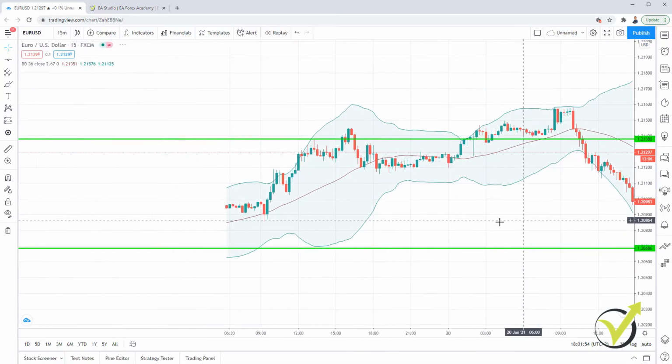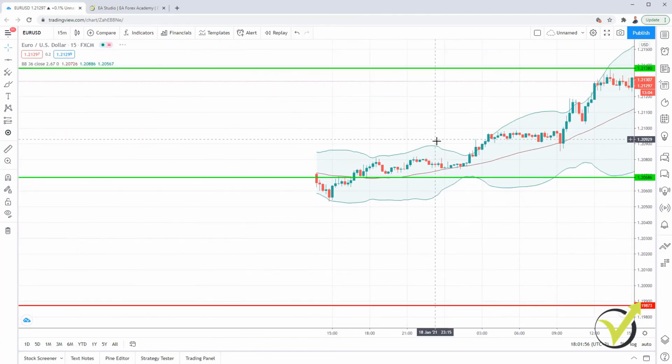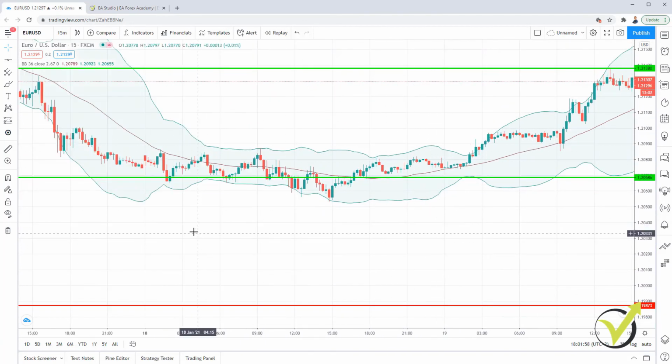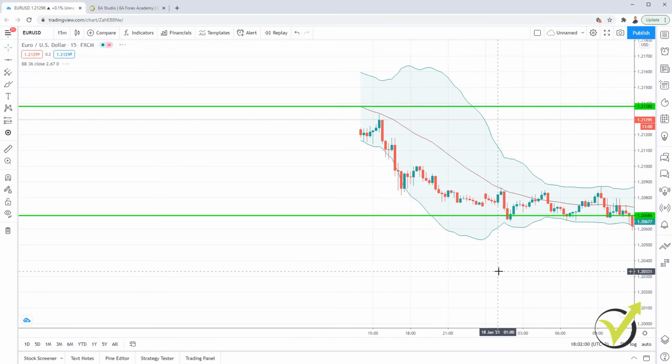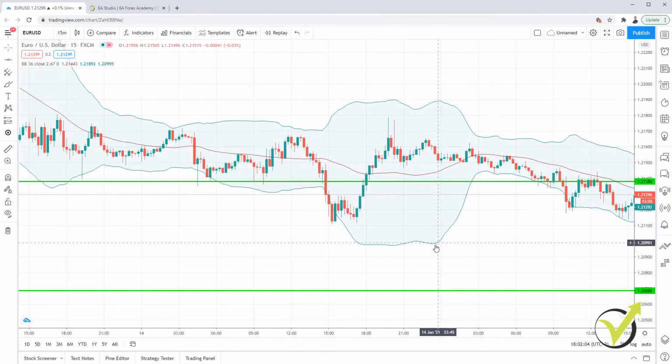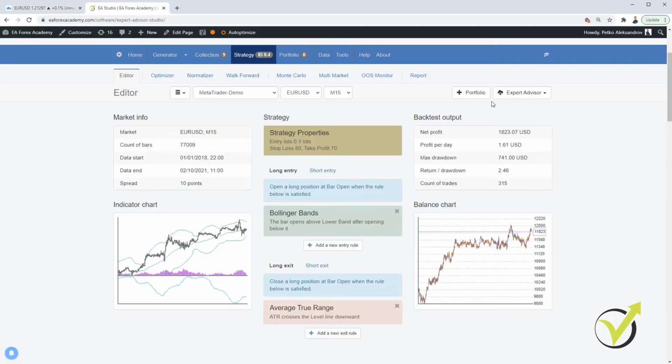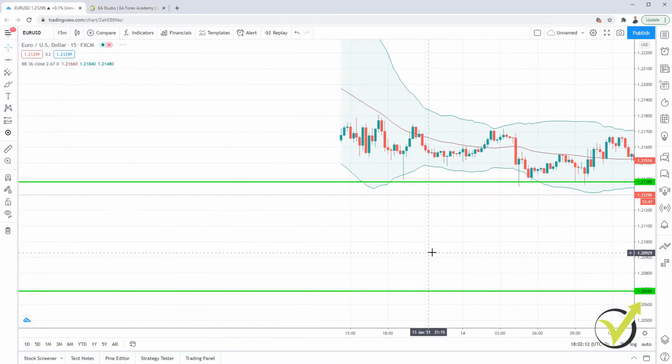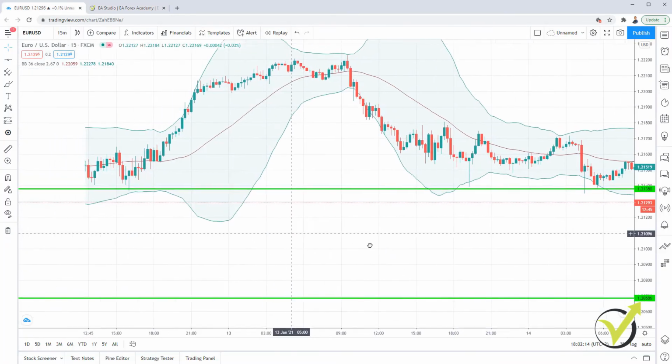Alright guys, so this is a super simple forex trading strategy that you can use for euro-dollar on the M15 time frame, and you will be surprised with the results. And as well with EI Studio, you can trade with an Expert Advisor. I can export it for MetaTrader 4 or MetaTrader 5 if you are a fan of algo trading like me.